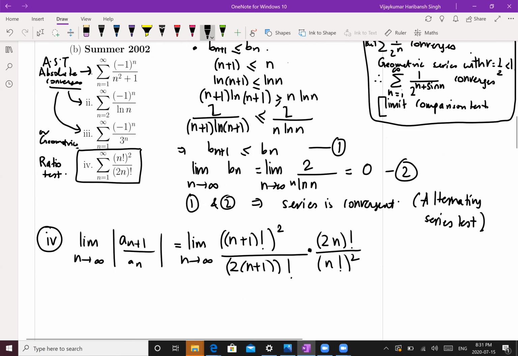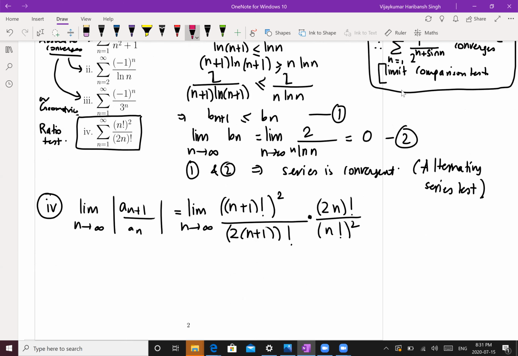Now we want to simplify this. I did not write the absolute value sign because the elements inside are positive anyway. So we get limit as n goes to infinity